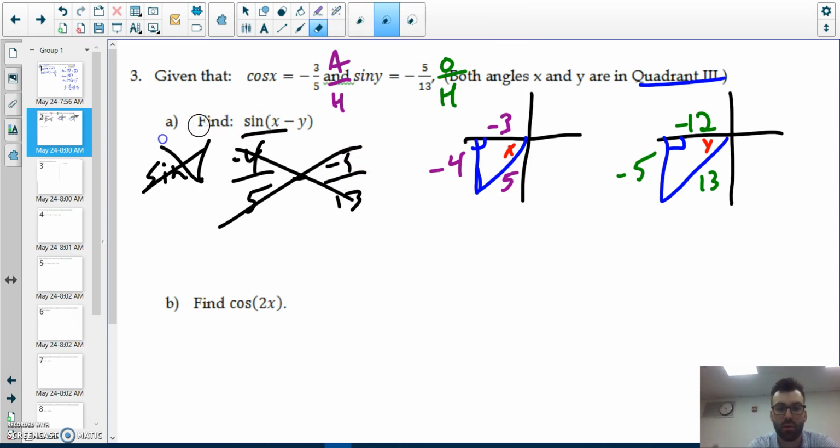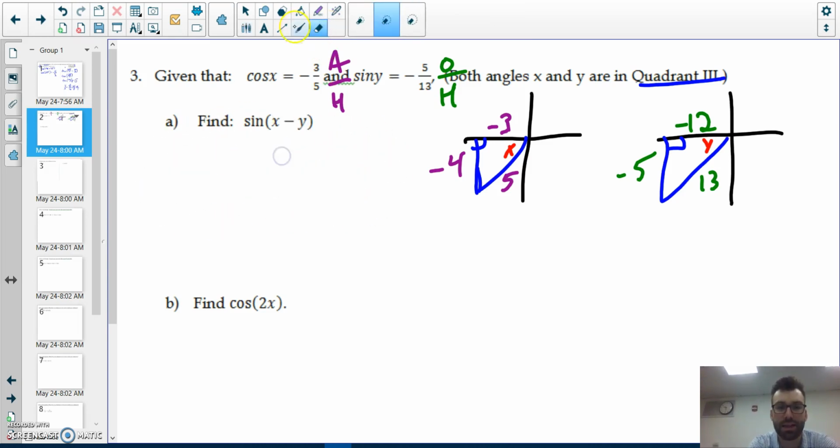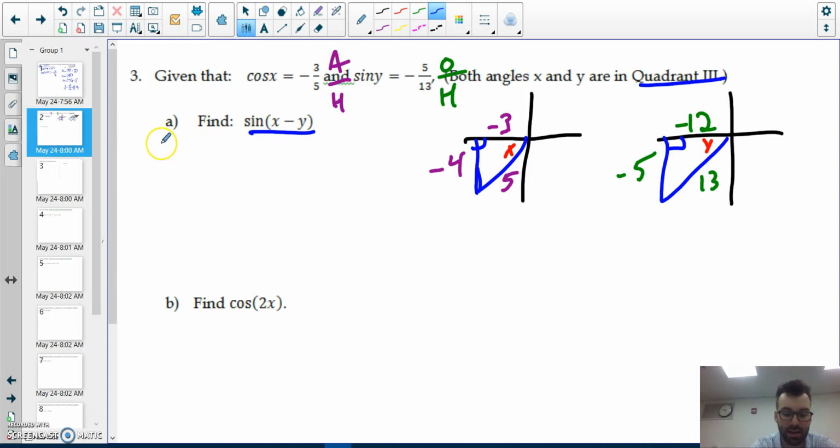When solving one of these problems, I need to use the sum and difference formulas. This is a sine difference formula. The sine difference formula looks like this: sine of x, cosine of y